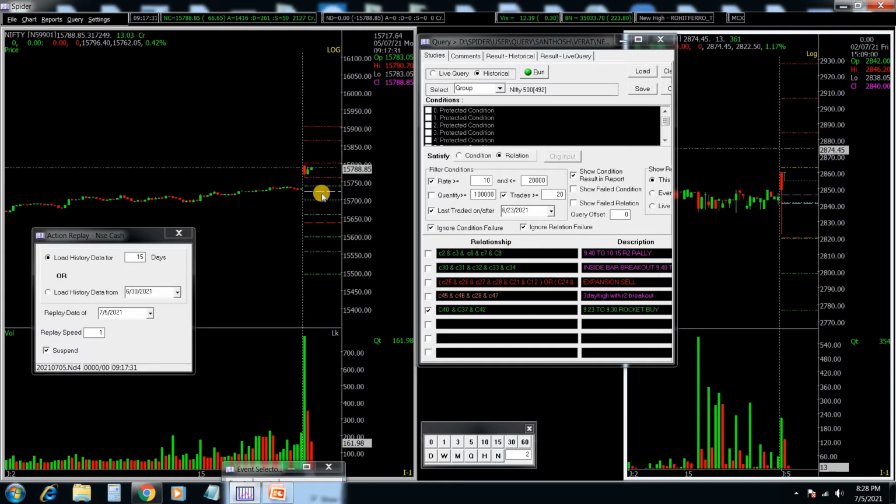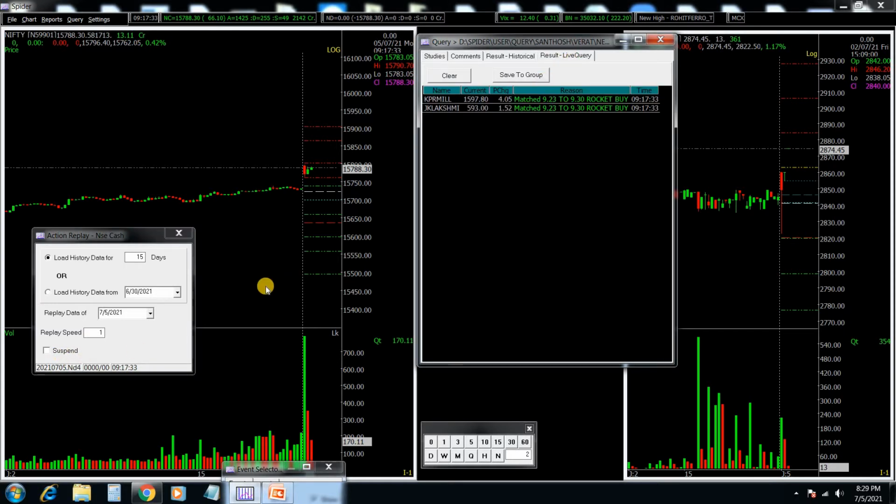Let us see what all scripts we got scanned from 9:17 to 9:23 in the scanner. I am keeping the live query, removing the suspend, and the scripts start getting scanned. It's 9:17 now. Let us increase the speed till 9:22 and see what scripts came.